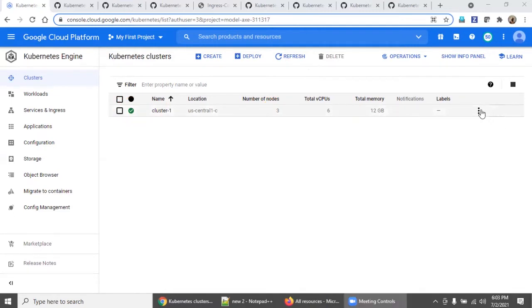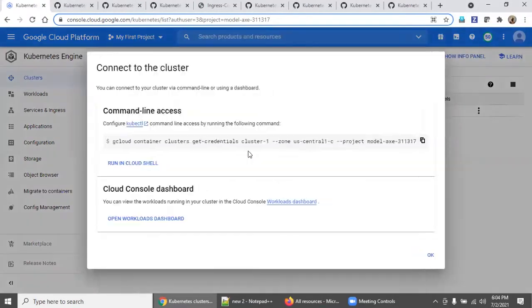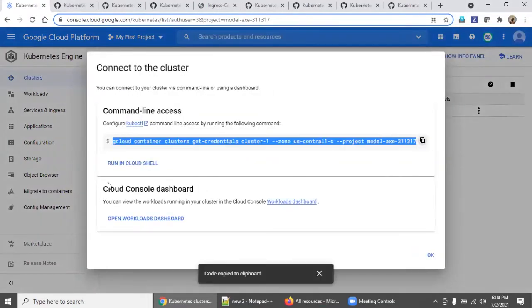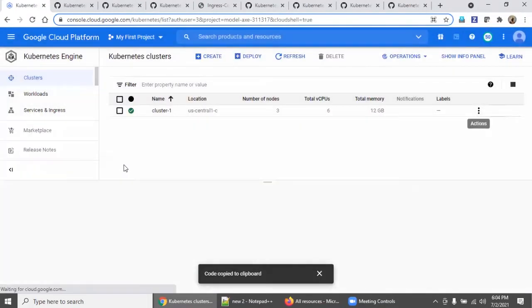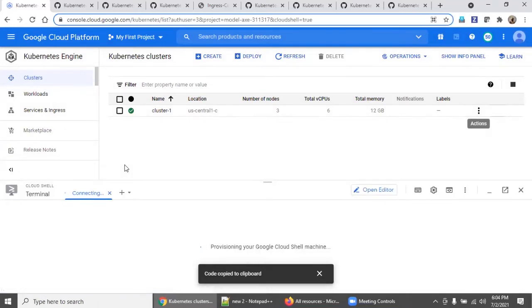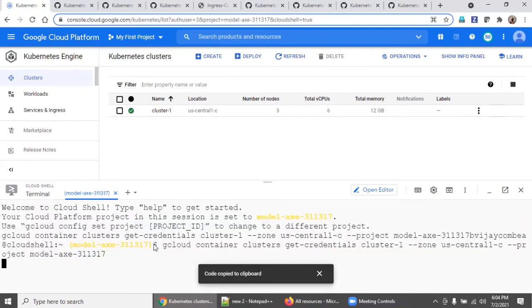Now the cluster is ready. We'll go inside. First, we will connect to the cluster. Say Connect. Copy this command. Run in Cloud Shell. It's taking some time. Okay, now run that command.